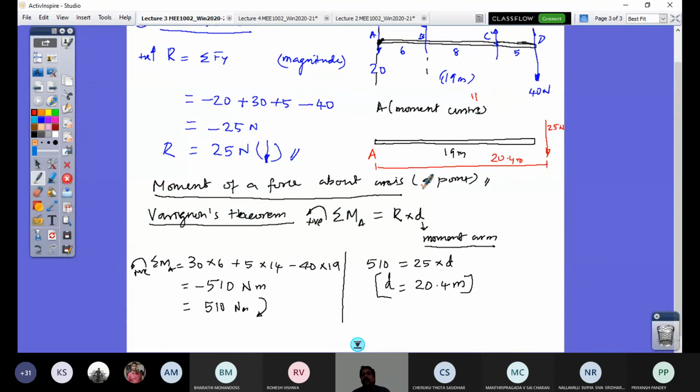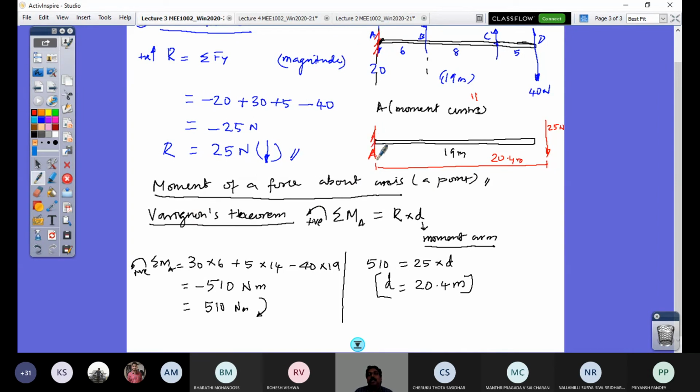So if this is the member, these 4 forces are acting, and you understand what the resultant of the system of forces is. You calculate now, and you wonder, when you apply Varignon's theorem, the resultant comes out of the member. That shows what the reality is. So it is required to be supported. If you assume that the support is now point A, fixed, I call this structure a cantilever beam.